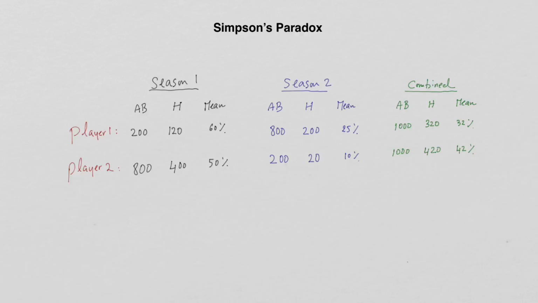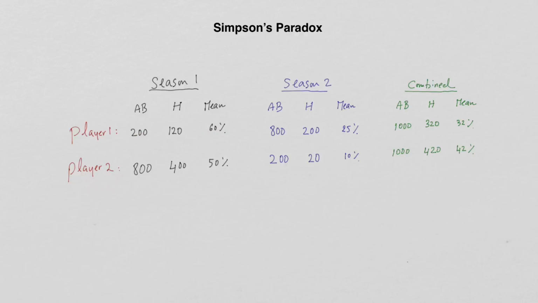So player A, or player one, had 200 at-bats and had 120 hits. So that player has an average, we call it, now you know better, I call it the mean, but in baseball they call it the batting average, right? And what they really mean to say is the batting mean, because the average can also stand for the median and the mode. So the batting average, as you can tell, I made up the numbers to look cute. So 120 divided by 200, it's the same thing as 60 divided by 100, which is 60%, okay?